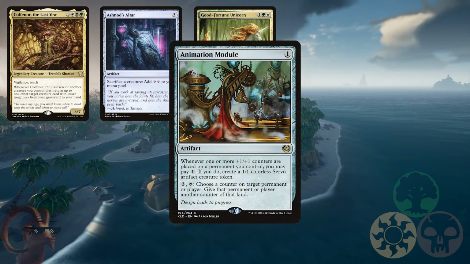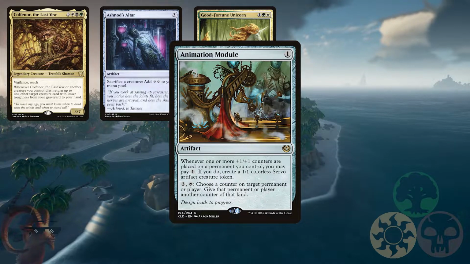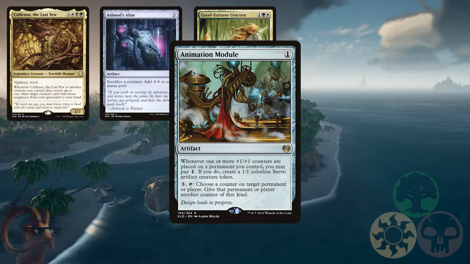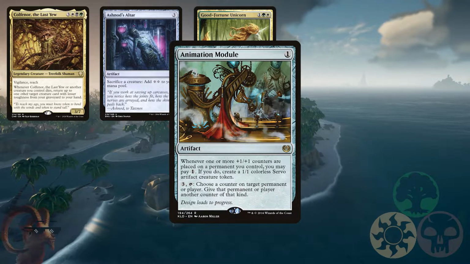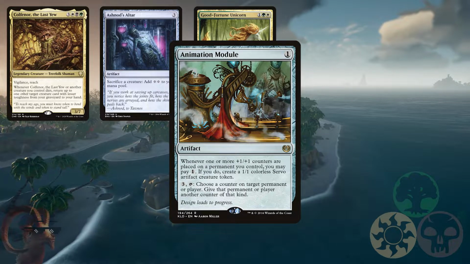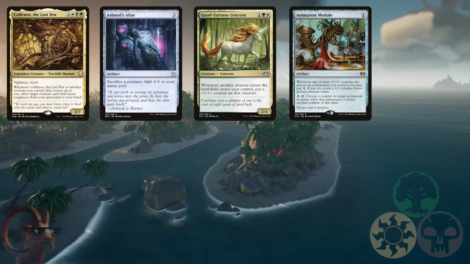Also, Animation Module. Whenever 1 or more 1/1 counters are placed on a permanent you control, you may pay 1. If you do, create a 1/1 colorless Servo artifact creature token. It has a second ability, but we're really just concerned with that top ability there. So, for this to work, we need 1 more card in play,